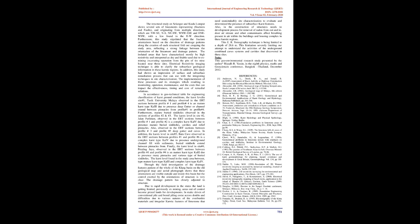Furthermore, the karst level in Site Number 3, Batu Cave, observed in the ERT sections between Profile Number 1 and Profile Number 6, is a complex karst type Ka due to the presence of underground channels filled with sediments and buried sinkholes extending between pinnacles. And finally, the karst level in Site Number 4, Petaling Jaya, observed in the ERT sections between Profile Number 1 and Profile Number 4, is a mature karst type Ka due to the presence of many pinnacles and